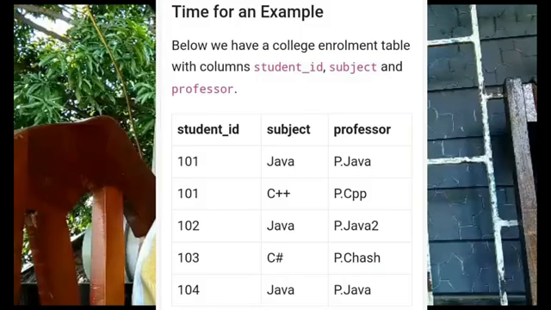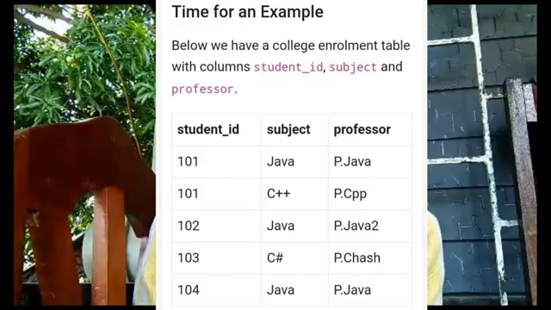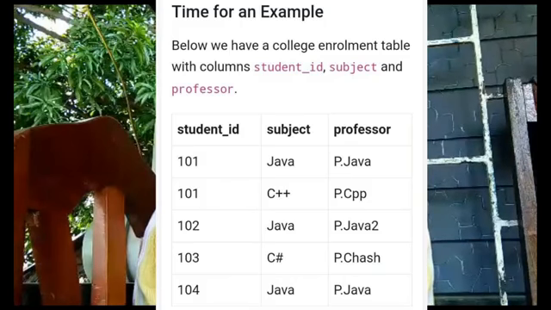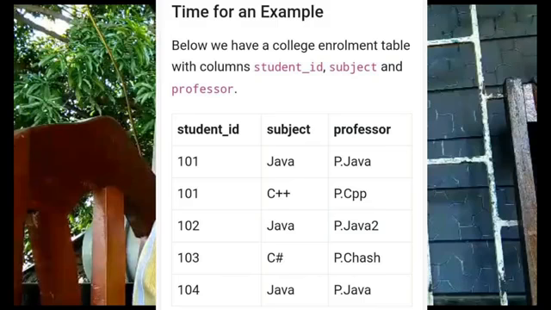One more important point to note is, one professor teaches only one subject, but a subject may have two different professors. Therefore, there is a dependency between subject and professor here, where subject depends on professor name. The table also satisfies the first normal form. It also satisfies the second normal form, and also has no partial dependency. And there is no transitive dependency. Therefore, the table also satisfies the third normal form,